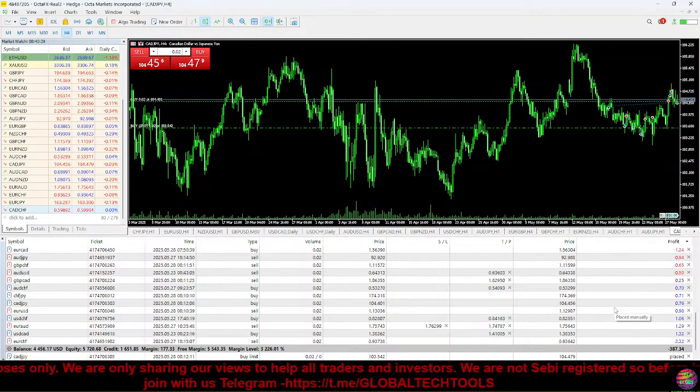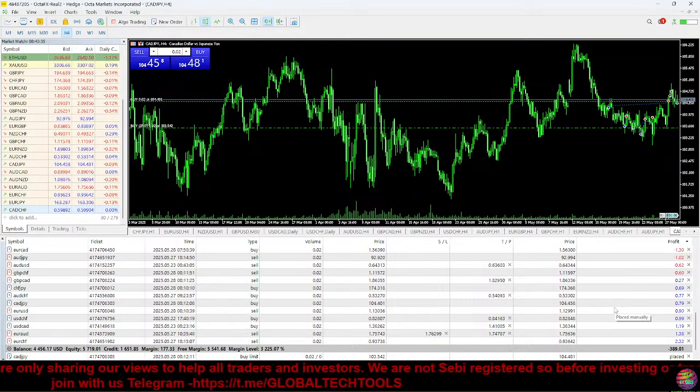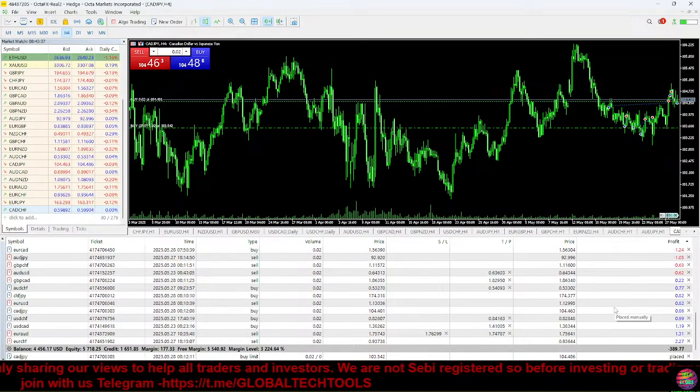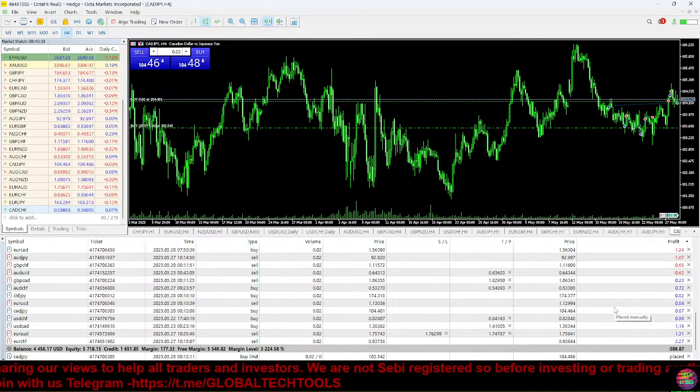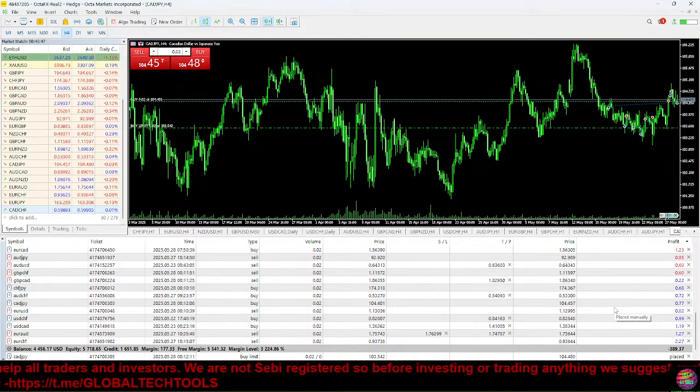If I were to add a risk to reward tool, wherever this is placed, you see how it will move there. If I drag it down, you see how it will pretty much chase wherever price is going to be, depending on where that line is. It's just a different way. Instead of you seeing it visually, you can see it with the numbers. Those numbers are going to be very useful for when you're going to be entering a trade, but we still have a long way to go before you actually enter the trade.